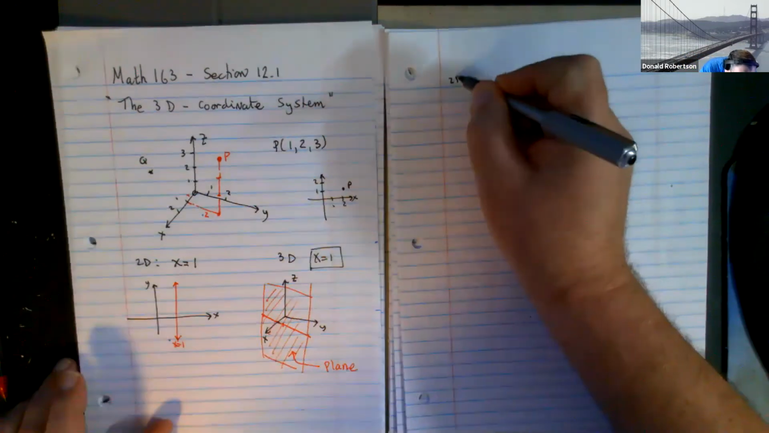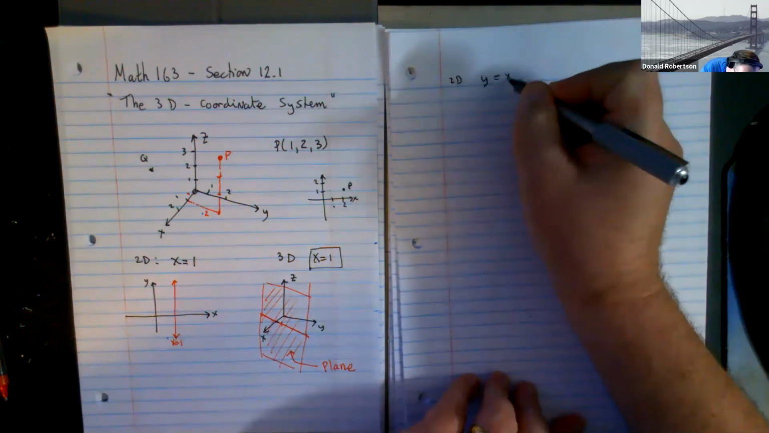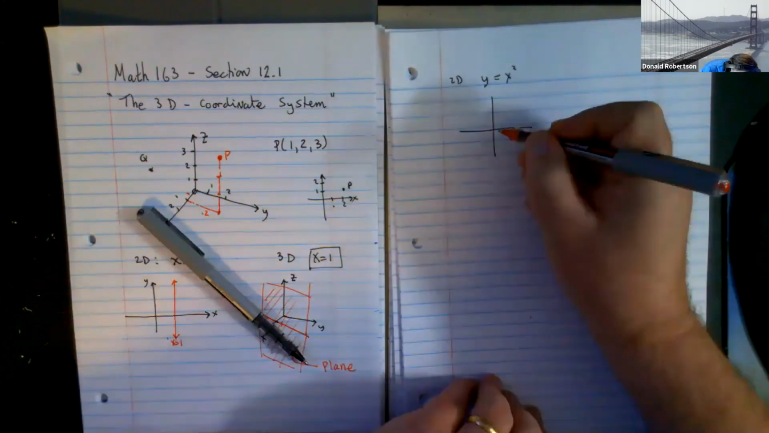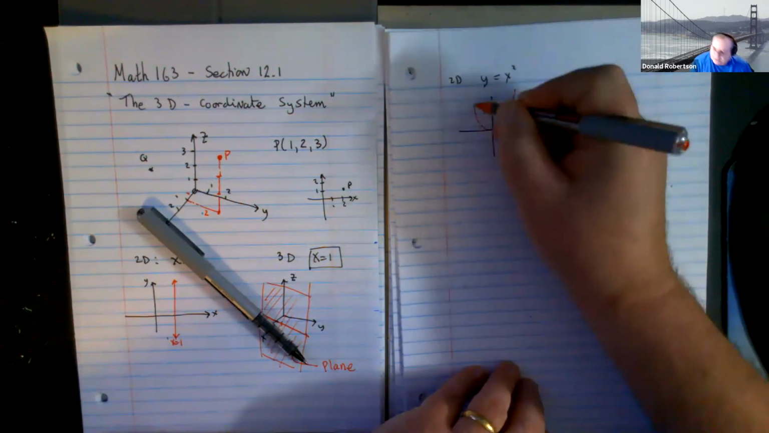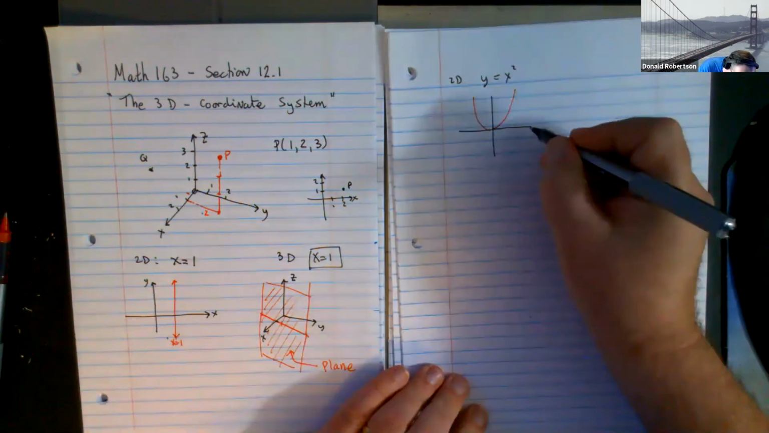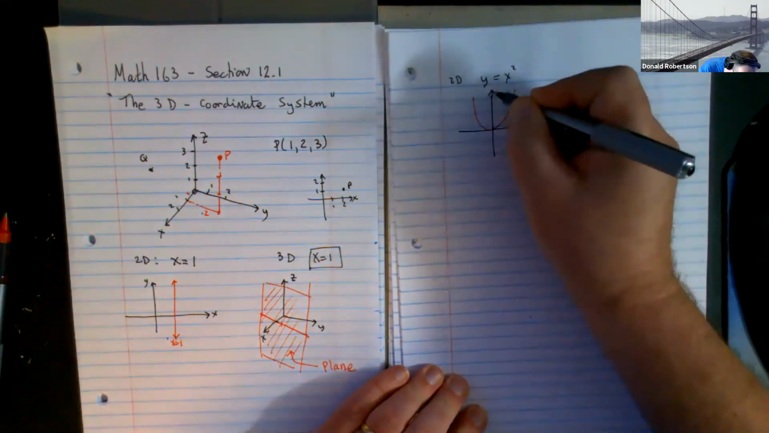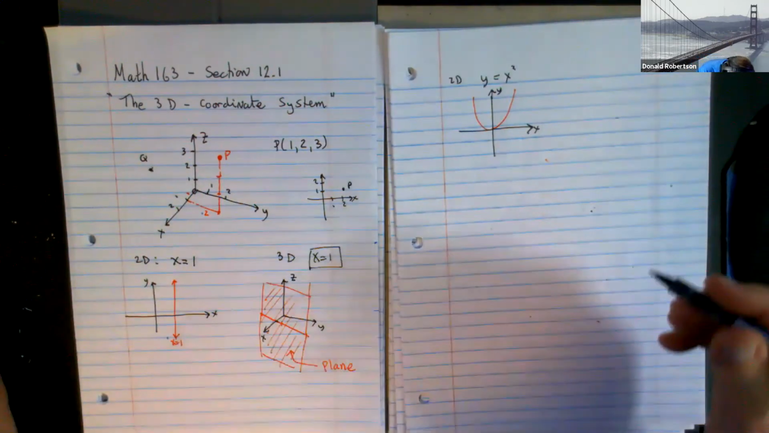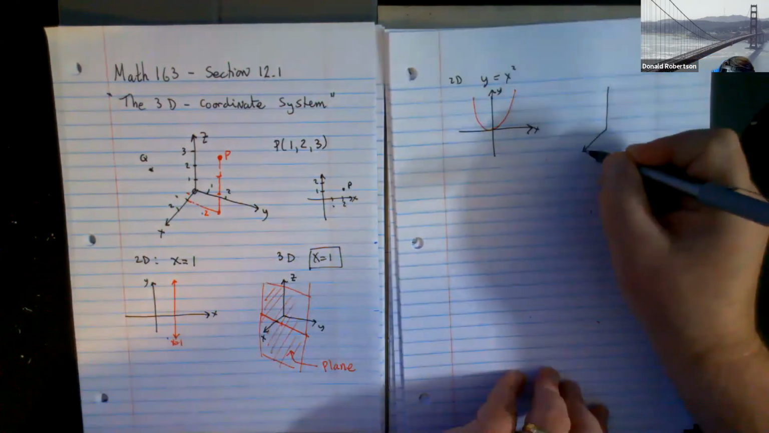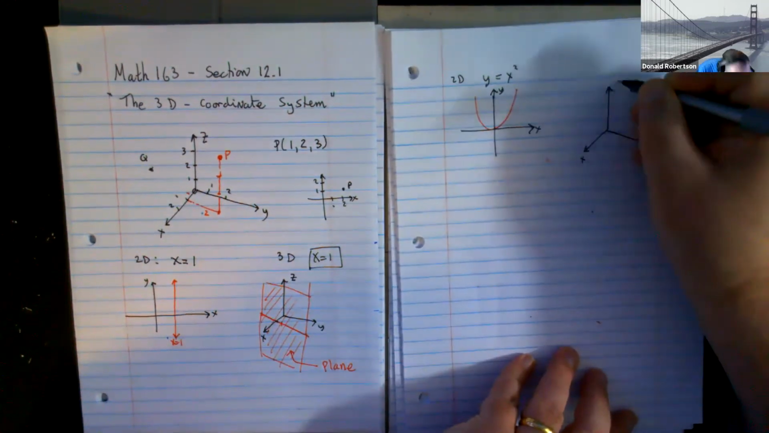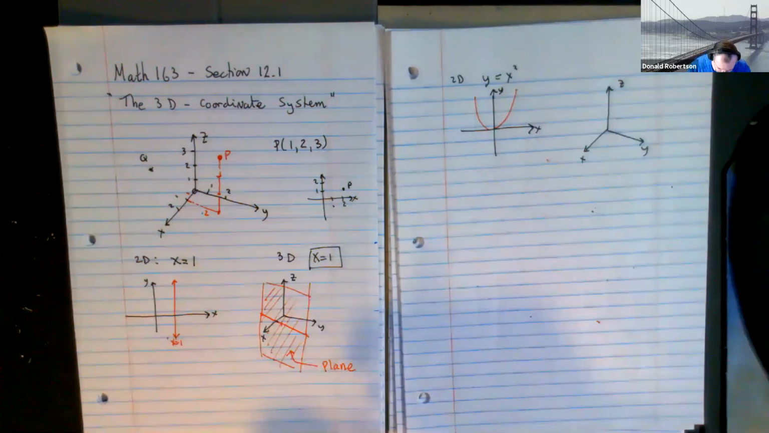In 2D, if I told you y equals x squared, you get that, agreed? That's what y equals x squared looks like. All the points whose y coordinate is the x coordinate squared. Now this is not going to work well, and this is going to be the last one I think for a while I'm going to try and do on paper. I'm going to switch over to GeoGebra, but